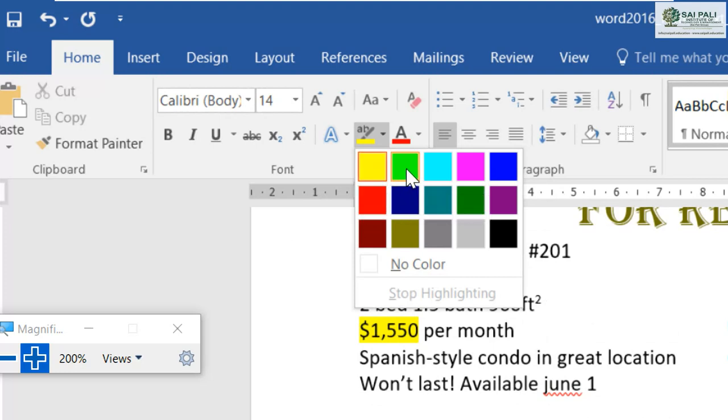Like you want this color to highlight, or this color, whatever you want. It is up to you which one you like. So let's say I will go for this one.